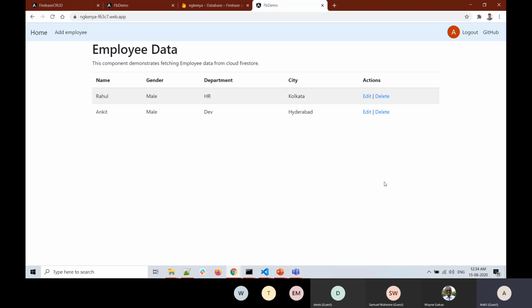Now this is the final step of this session, so let me summarize what we have learned till now. We learned how to create a project on Firebase. We learned how to create a Cloud Firestore database. We learned how to create collections in our Cloud Firestore database. Then we created an Angular application, and we linked that Angular application to our Firebase project, and then we performed CRUD operations on our Angular application, using the Firestore database as our backend. And then at the end, we deployed our application to Firebase so that it will be available publicly.